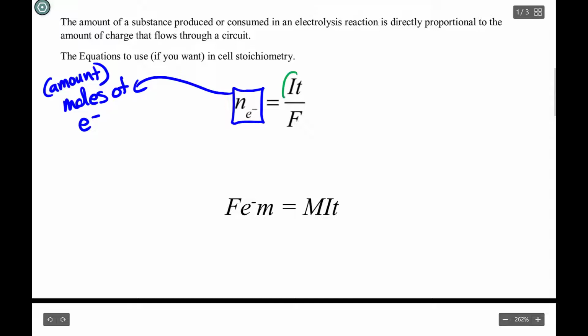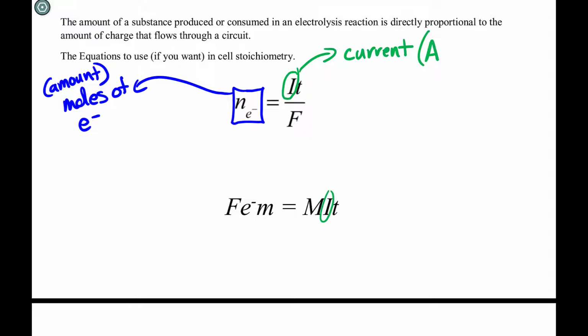The letter I in both of these equations stands for current. Okay, now current has a couple of different units that you can use. An ampere is usually what it's written in, but an ampere is really just the same as the coulombs per second, so charge per second that flows through a wire. T in both of these equations